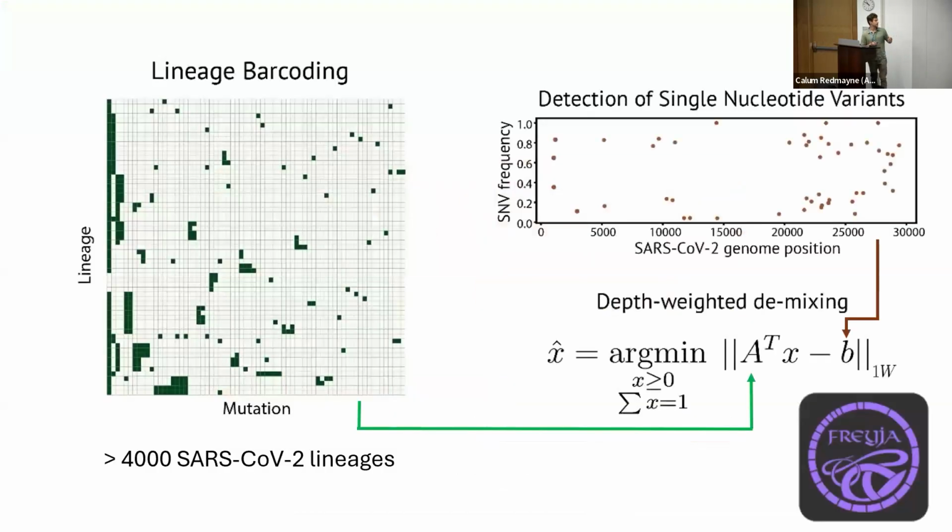So what we did is we put together a method. I'll give a brief summary of it because we're talking more about the applications of it today. Basically, we encode individual virus lineages as rows within a large matrix based on the mutations that they contain. Each lineage is encoded by a unique mutational barcode, and each individual sample on the top right is encoded in terms of the individual mutations that are in that sample and the frequency with which we find them in our sequencing data. And we can put this all into a mathematical framework, which we now call Freya, that allows you to infer the frequency of the individual lineages that are circulating in the community.